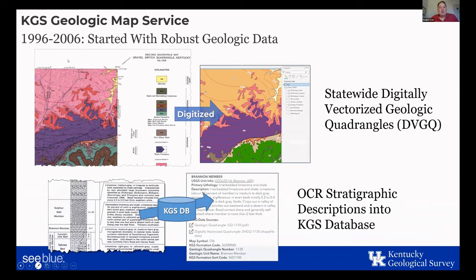We wouldn't have the data to put in it without the Joint Geologic Mapping Program with KGS and the USGS to produce detailed 1 to 24,000 geologic maps for the entire state. We were the first state to do this. We remain one of the largest states to have that detailed mapping. There's some smaller states that do. And it was a very successful program that produced 707 individual geologic quads by 1978. So in geologic mapping time, not just geologic time, a very short period